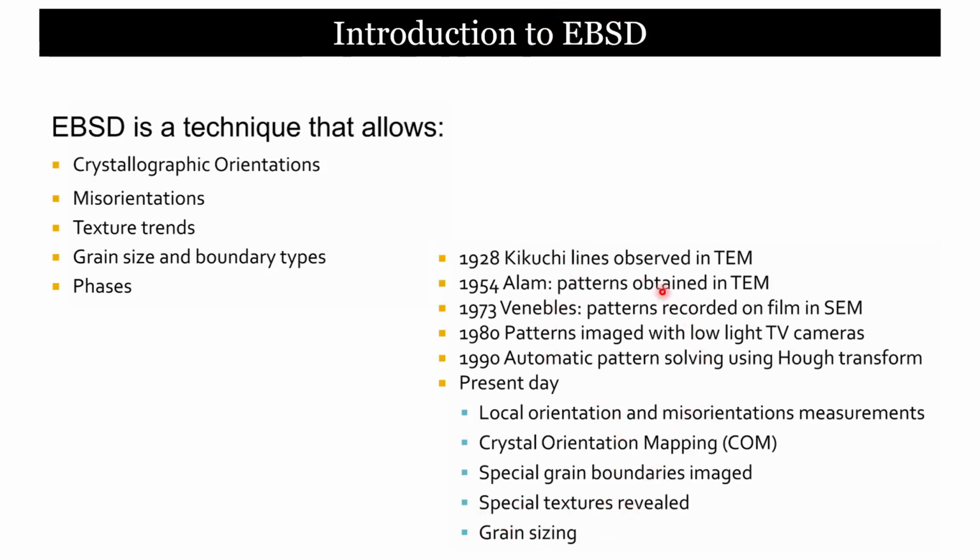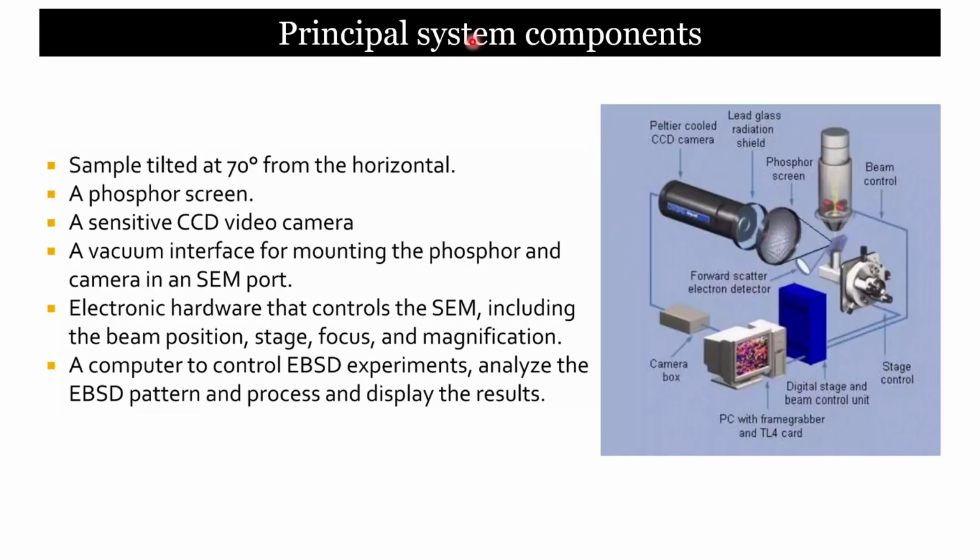So this was just the basic history of the EBSD technique. Later on, the principal system components: here the sample is placed. This is our stage, and your sample is first tilted at a certain angle, which is 70 degrees from the horizontal axis. So this is your horizontal axis. Your sample will be tilted 70 degrees from your x-axis,